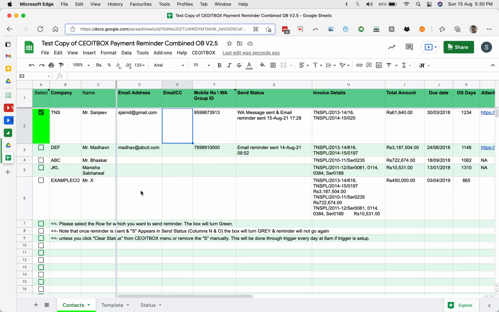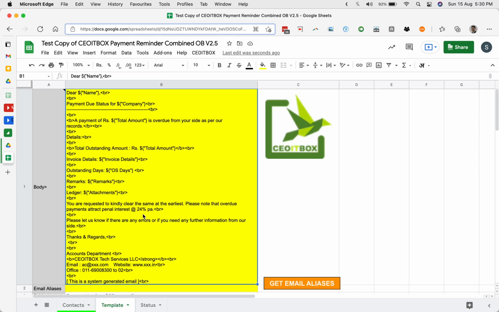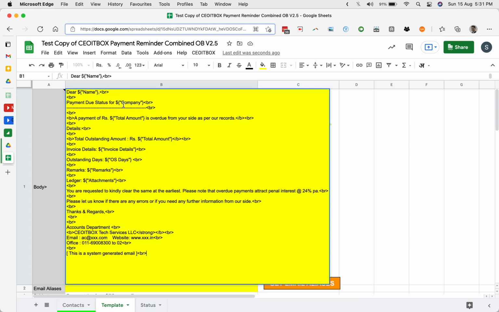We received a requirement that people want to do HTML editing in the body. So now this permits you to do HTML editing. You can see I've got these tags, like BR for break, a line return, and if you want to make anything bold, you can have tags like this. B is for bold, right? So you can have HTML tags in this.